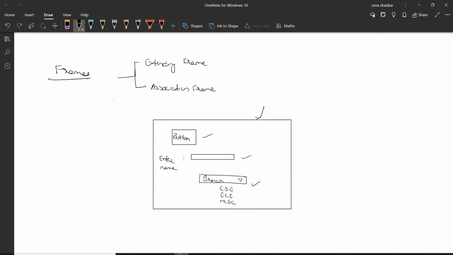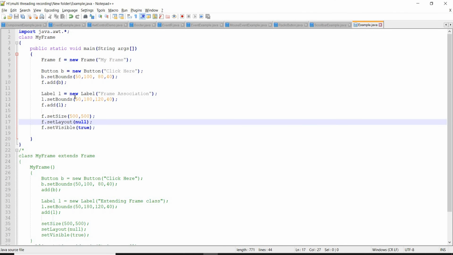And a label. If we want to display any text on the frame, we use this. While creating forms, if there is a text box, there will be some information before the text box, right? What is the content to be written in the text box? Whether we need to write name, branch, or anything, we should provide some information regarding the text box. If there is any text that we want to display on the frame, generally we create it using the Label component. That is the label here. We are going to display a text called frame association. In line 8 we have created a button. In line 12 we have created a label.